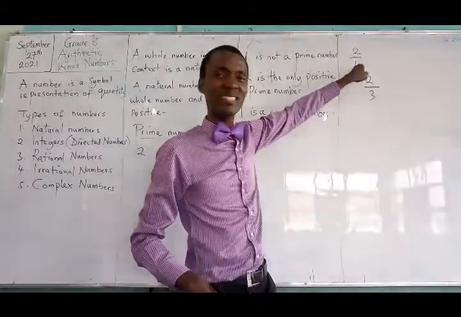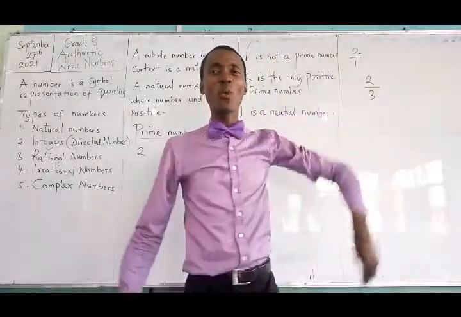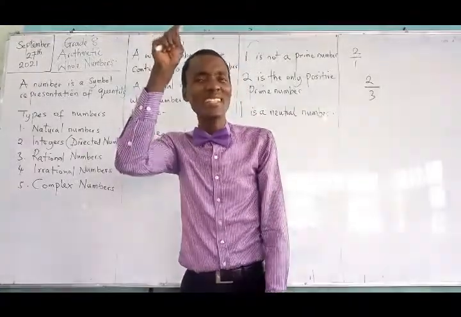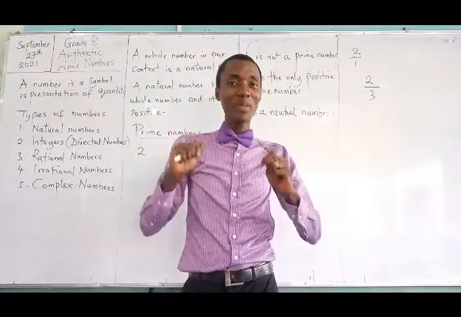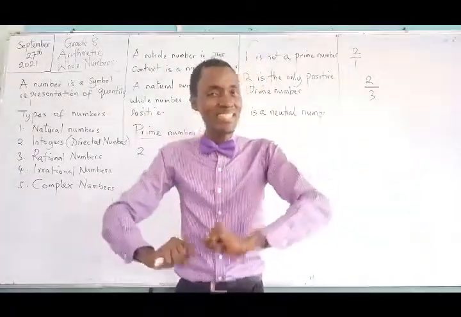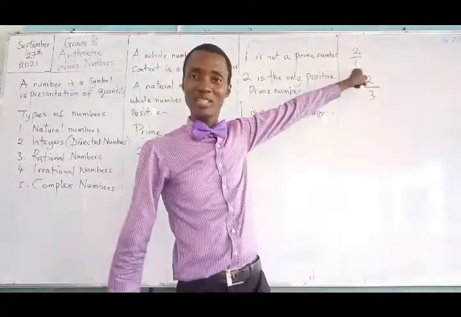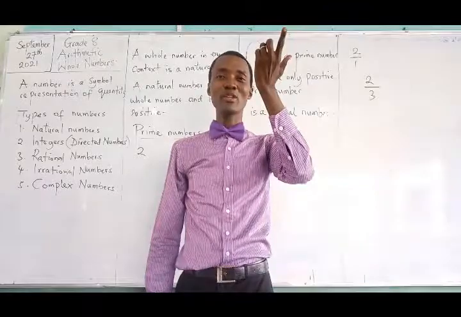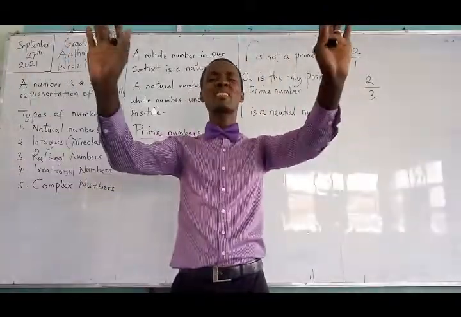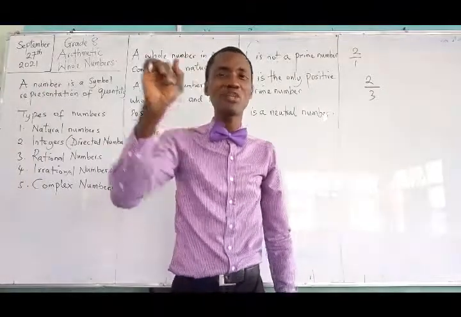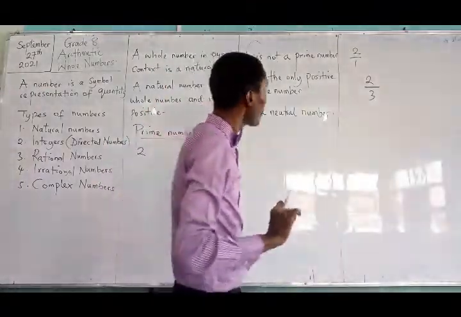1 got its name neutral because when it sits as the denominator, it does not do anything to the numerator. I'll come again. 1 is called a neutral number because when it sits on the denominator side, it does nothing to the numerator. So what it does is that it keeps it the way it is. And that's why 1 is such a very unique number. Okay, we're done with that.